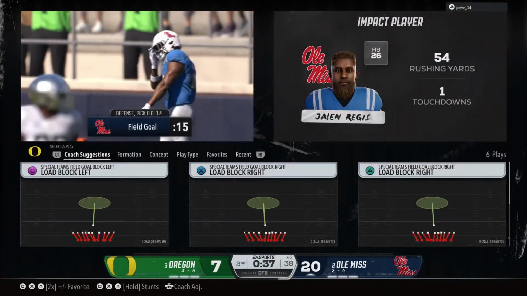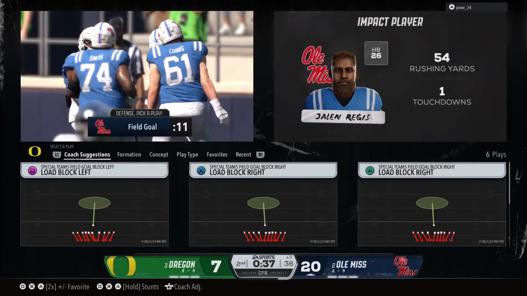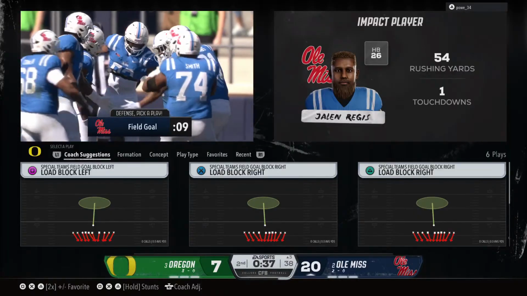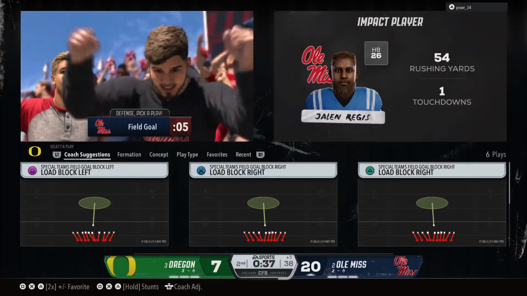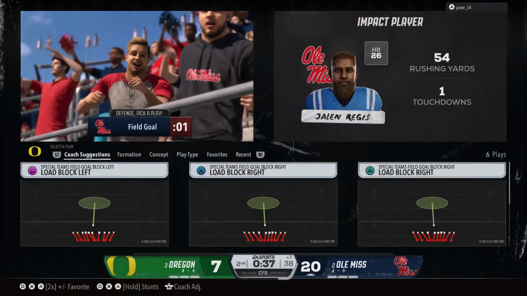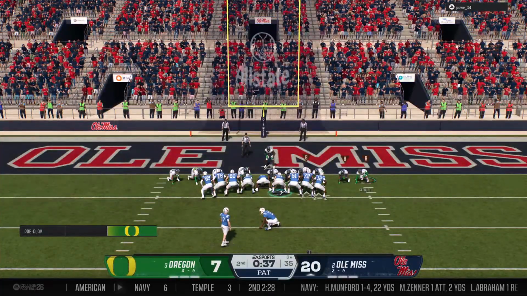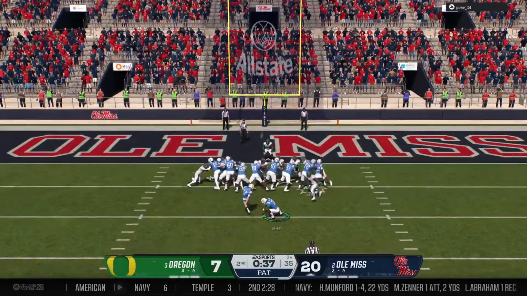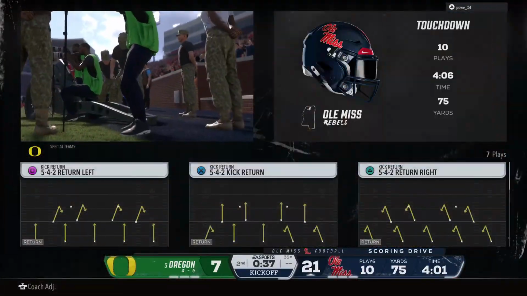I'm a little bit surprised here, Chris. I thought they might put the ball in the air here on third and goal, but instead they run the football, keep it on the ground, and they get the touchdown. Here's the point after attempt. And the kick is up and good. They tack on a point to their lead.